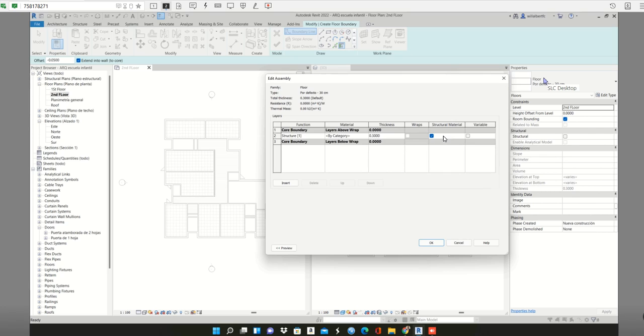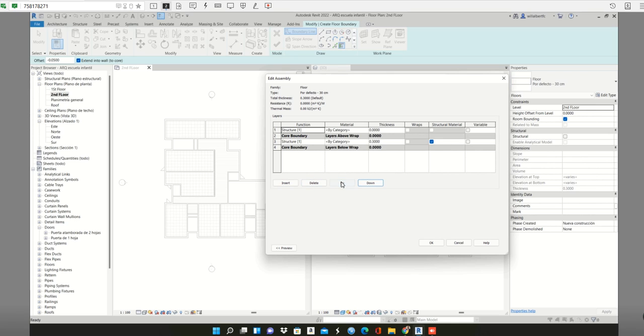We have the structure, and you can define which finishing you are going to use. Maybe you are designing a bathroom, so you will need to insert a layer, and we're going to move it up. This tells you that this is the core of the floor, so maybe we're using concrete here, and this part is going to carry the, I don't know how to say in English, ceramica,